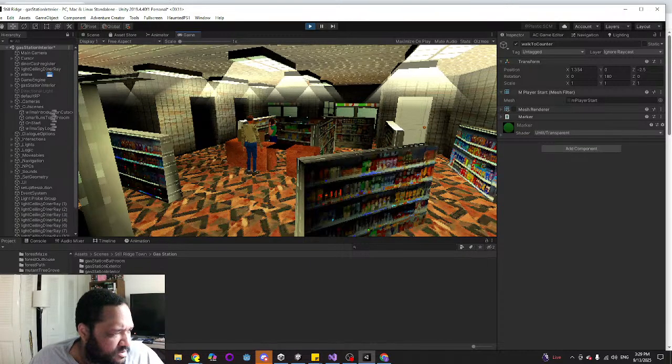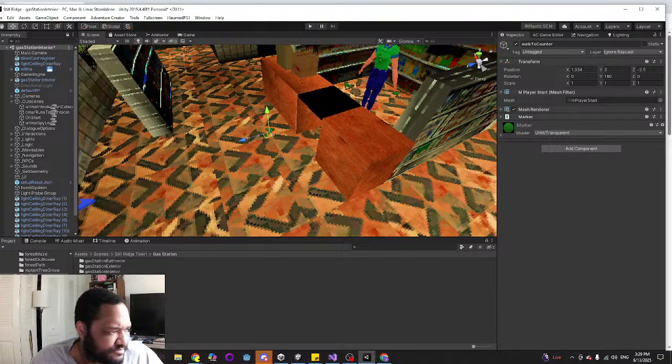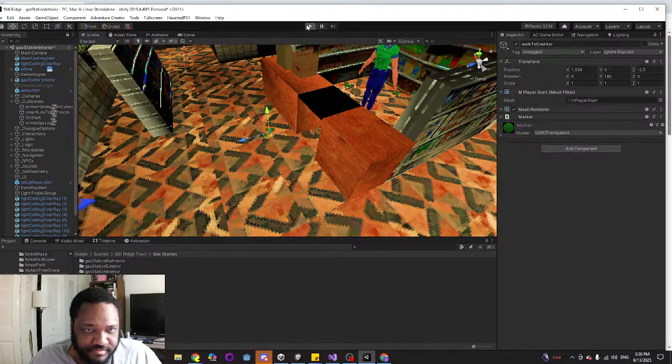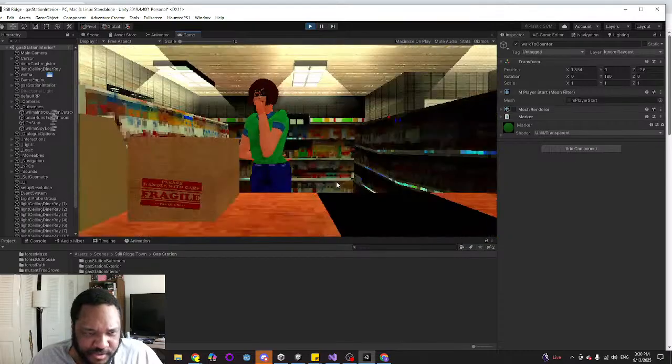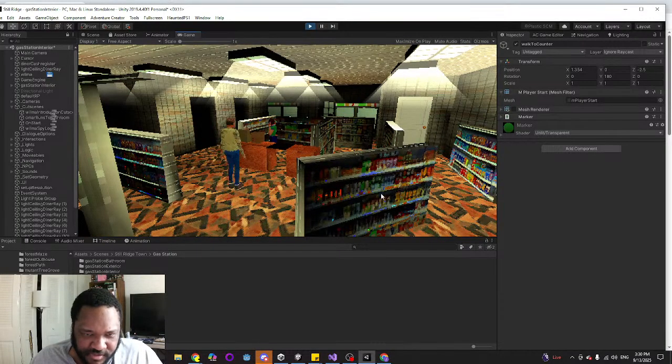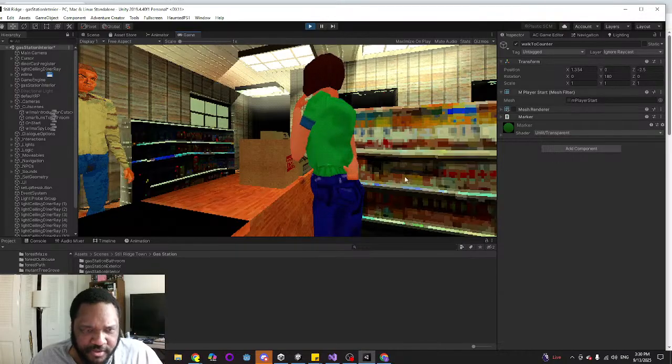What is going on? I'm gonna change the distance that he comes to the marker, and hopefully that'll fix it. So yeah, I need to rebake the lighting. Okay, here we go.